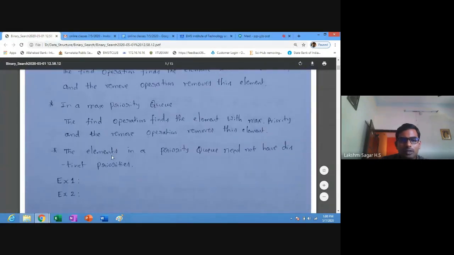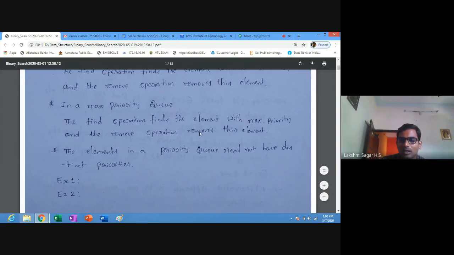Next, the elements in a priority queue need not have distinct priorities. You can see an example. Suppose you are selling medical seats. Medical seats can be filled with respect to money, like management quota, or by COMEDK, or CET ranking.